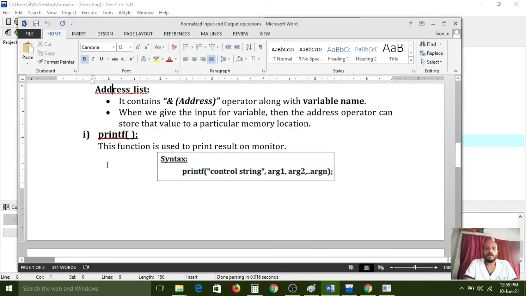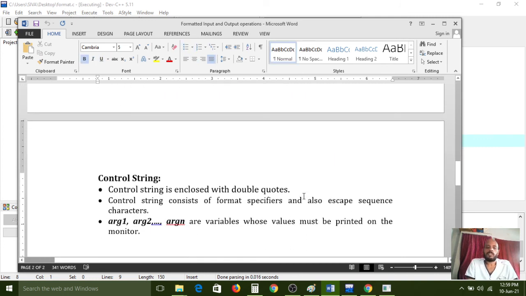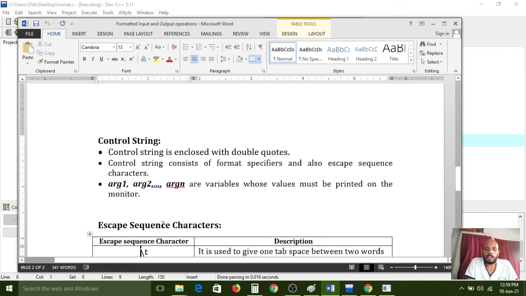Printf function, this function is used to print the result on a monitor. Here also we have a control string, argument 1, argument 2, argument n, the number of variables we have to use. The control string is enclosed with double quotes. The control string consists of format specifiers and also escape sequence characters. Argument 1, argument 2, argument n are variables. Those values must be printed on the monitor.